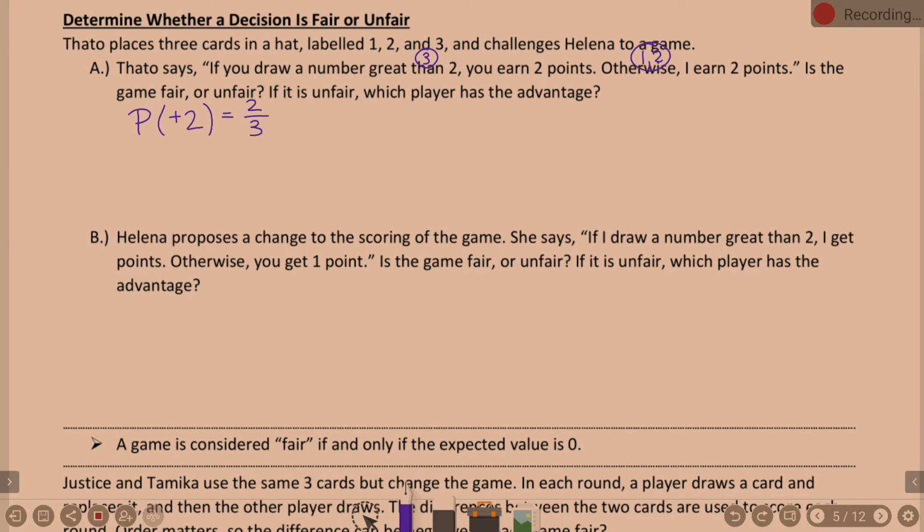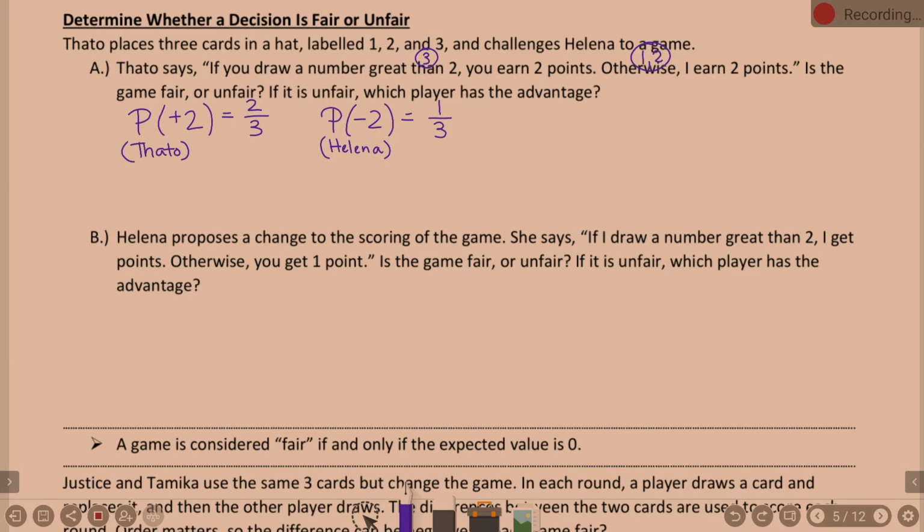Now, we're thinking about this in terms of Thado, yes? If he wins, he gets 2 points. If Helena wins, we're going to call that negative 2 points, because that's 2 points that he doesn't get, right? They go against him. And so that right there is representing Helena. What are the chances of Thado having 2 points against him? Or in other words, Helena winning? That's 1/3, because that is only the 3, yes? So essentially, this is if Helena wins, and this is if